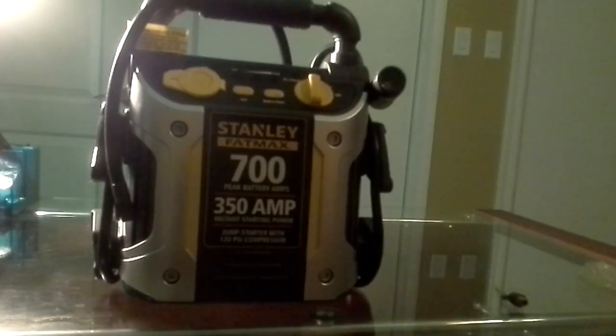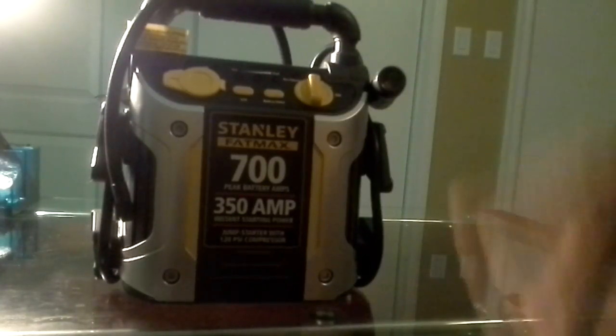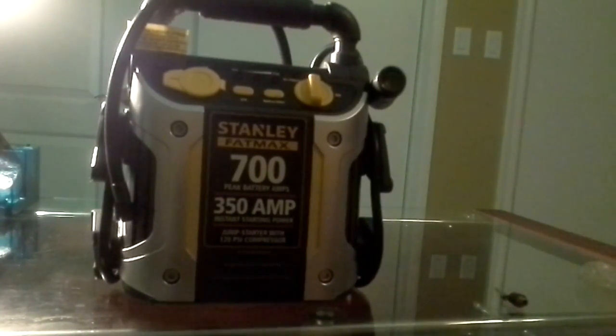I used to go out and buy those spray cans with the little nozzle and spray that, but it would leave all that moisture, and you don't want that moisture on the inside of your computer. And with this, having the power of the air, the 120 PSI air compressor, having this nozzle here, I'm able to clean the insides of my computers to make them last longer. So like I said,